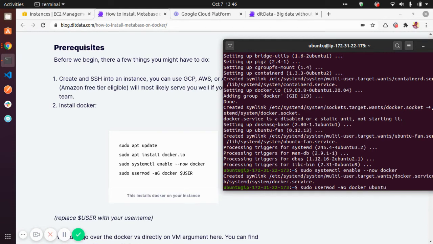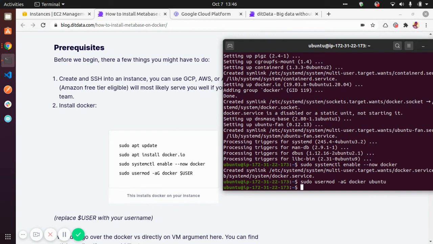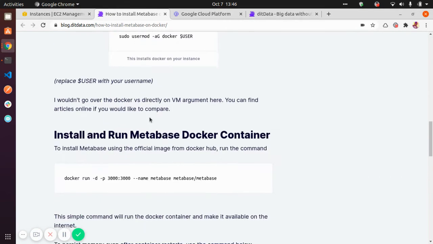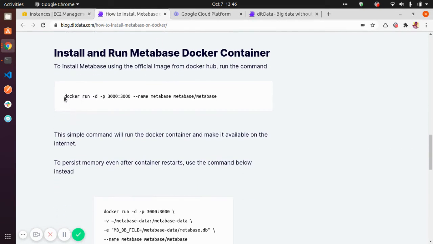I'll just say ubuntu as the username. And that's successful. So the very last thing we have to do here is to run the docker